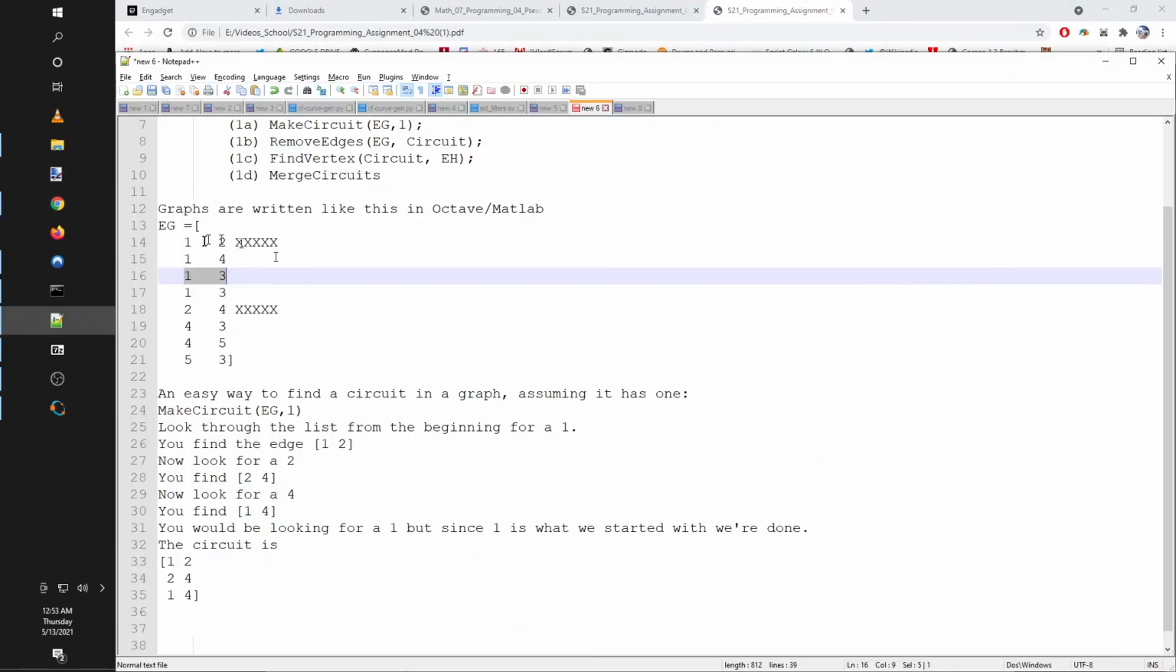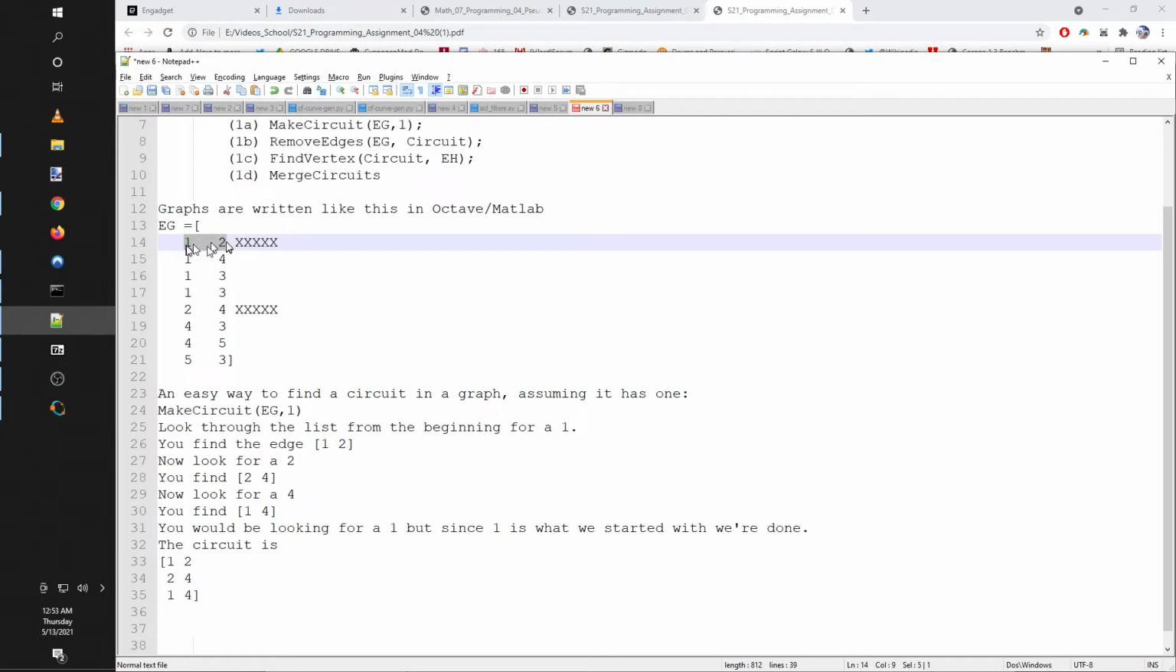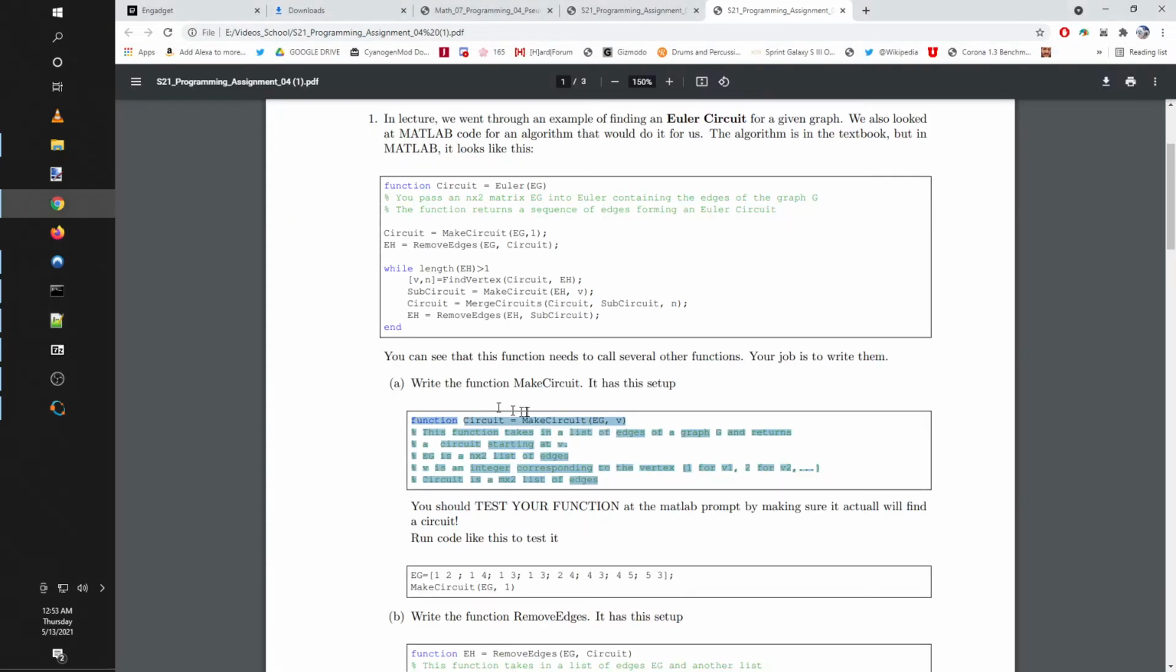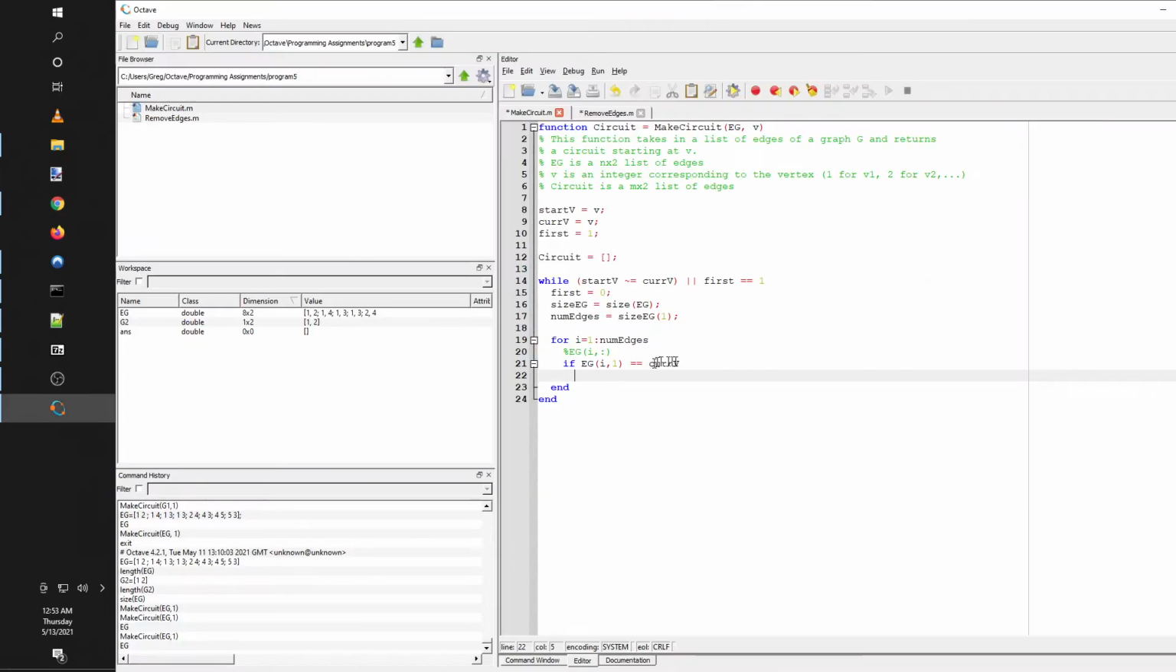If you find the 1, we want to do two different things. You need to take this entire row, and that's part of the circuit, the 1 2 down here. And then we want to update the vertex we're looking for, right? When you find 1 comma 2, the new current vertex is 2. So we're going to be looking for a 2. So let's do that. If that's the case, then the new current vertex that we're looking for is going to be